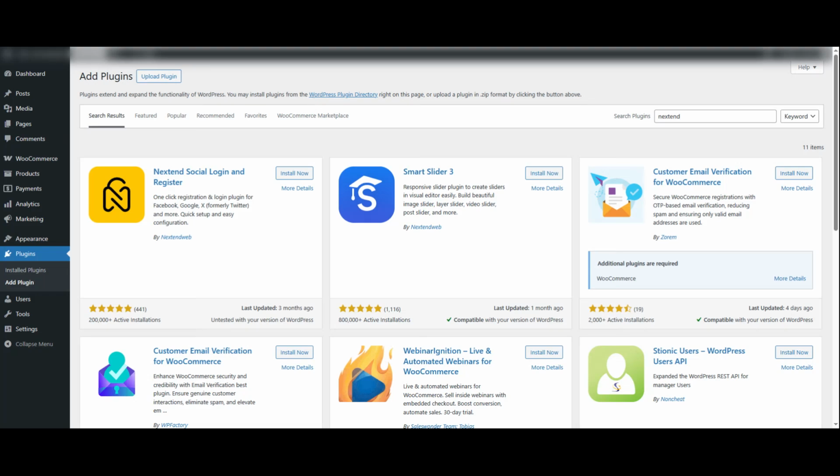In today's video, I'm going to show you exactly how to add social login to your WooCommerce store so customers can sign in using Google and other social accounts instead of creating a new username and password. This is one of the easiest ways to reduce friction during login and checkout, improve user experience, and increase conversions in your store. I'll walk you through everything step by step, from installing the plugin to enabling it on your